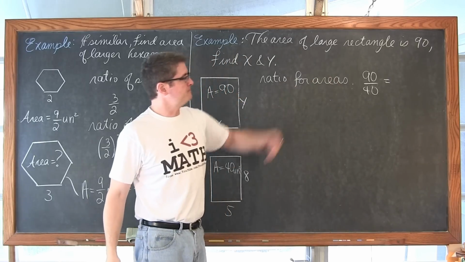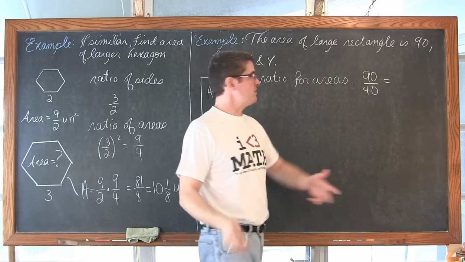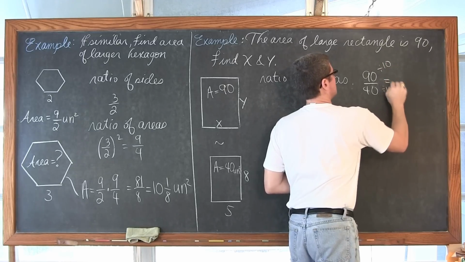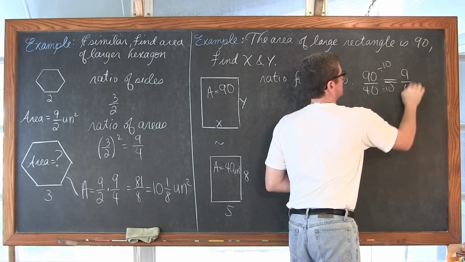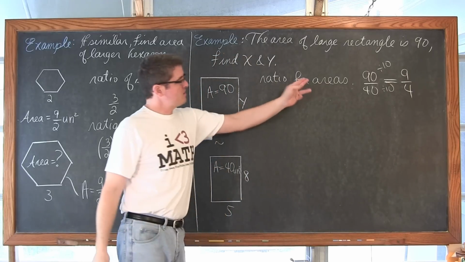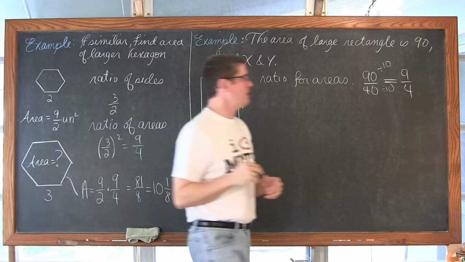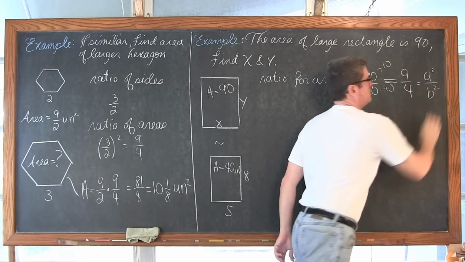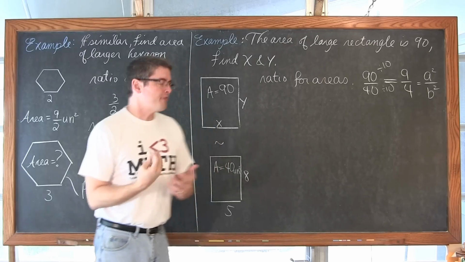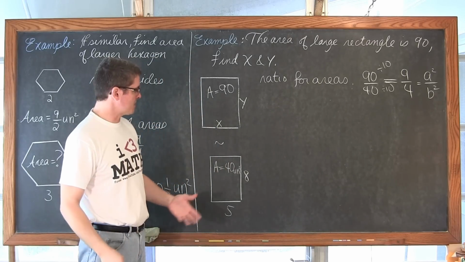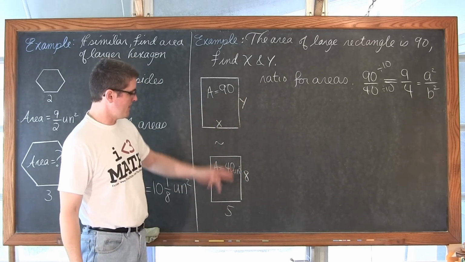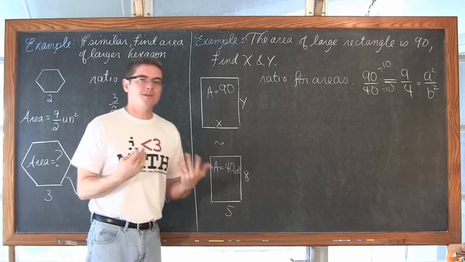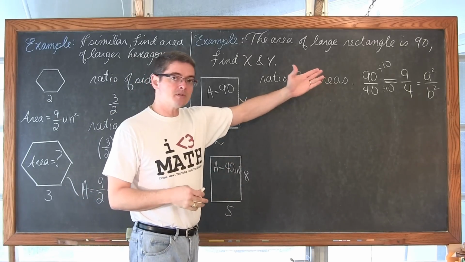Both those values end with a 0, so it can be reduced. I can divide the top and bottom by 10 and get 9/4. So the ratio of change for the areas is 9/4. But don't forget from the first set of notes that that was equal to a squared over b squared. In other words, if I want some kind of ratio or proportion that's going to allow me to change my 8 into the length of y and use my length of 5 and find the length of x, I need a ratio of change or a proportion for the lengths. So I want to take that value and square root it.